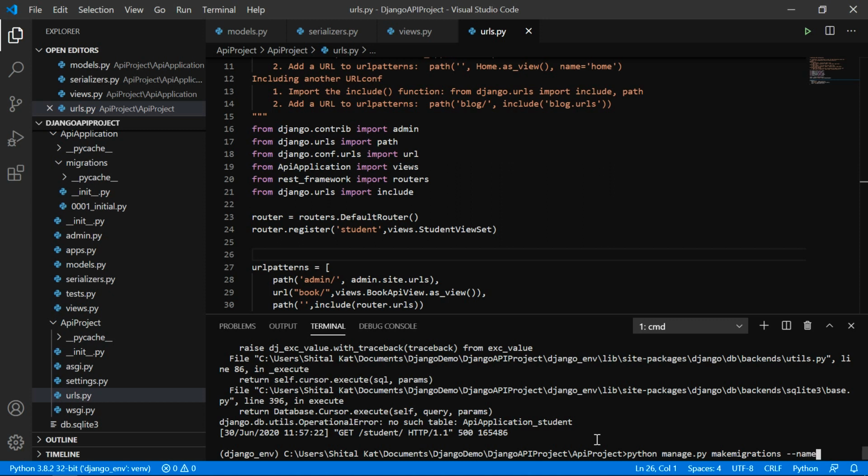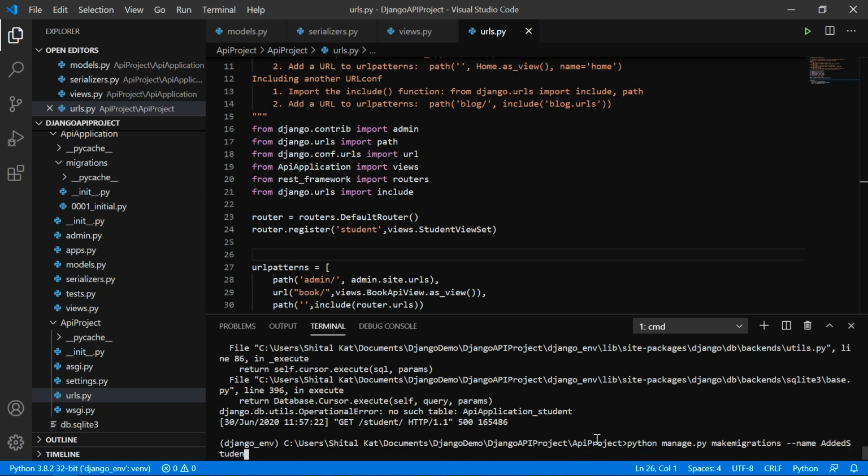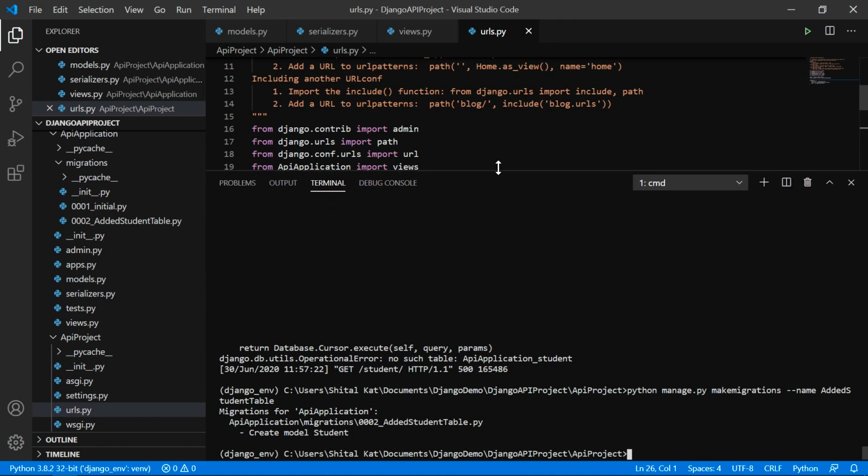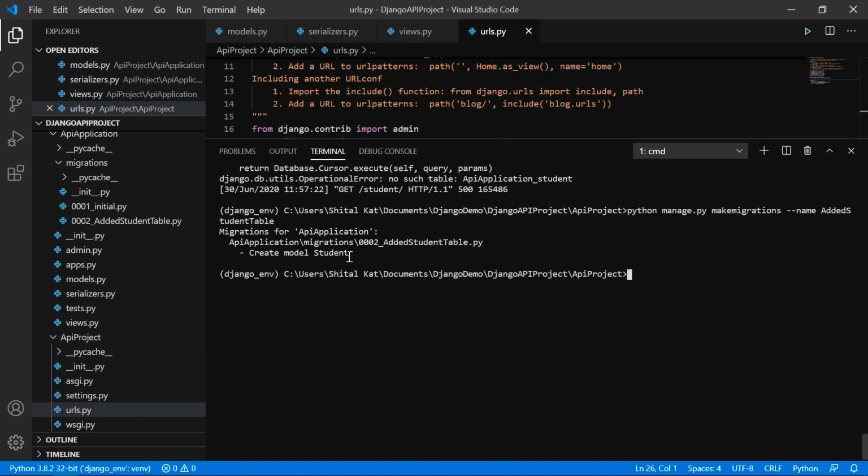Naming migration is just optional, but it's a good practice. We will migrate the database.